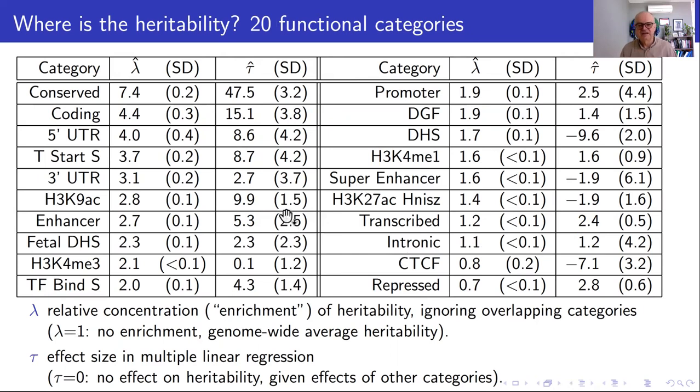Many of these tau values, as I said, are not marginally different from 0, but one interesting one is DHS. That's been much disputed in the past with estimates that are all over the place. But our latest estimate is there's a 1.7-fold enrichment of heritability in DNA hypersensitivity sites, but actually tau is negative. So being in a DNA hypersensitive region actually decreases your heritability. The 1.7 being bigger than 1 is because there is high heritability in those regions, but it is explained by other functional annotations within those regions, not just being in the DHS region.